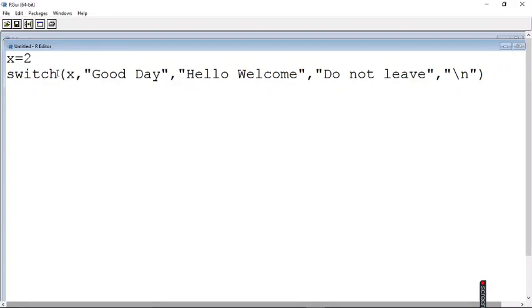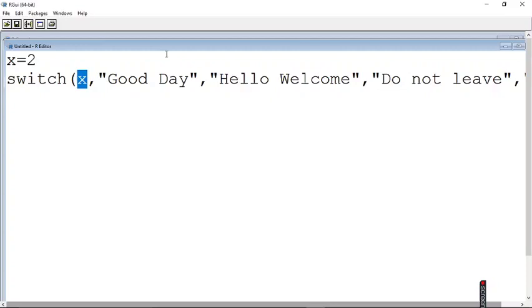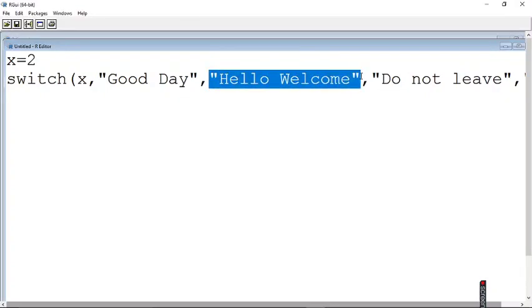Now as I said, I am going to execute the switch case statement with the help of an exact value. x is going to take the value 2. So how will the switch case statement execute? It will test the first argument for a value. If this value is 1, the first argument after the value-based argument will be executed. If this value is 2, the second argument will be executed.